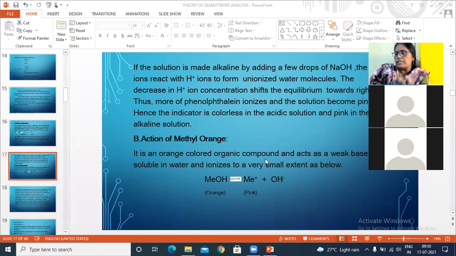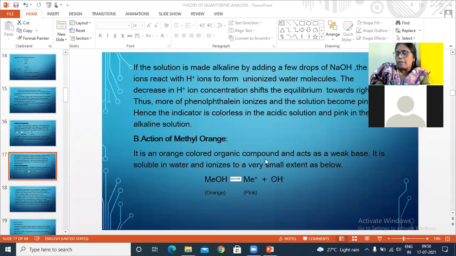It's a powder, a solid substance, which is easily soluble in water. But we have to add 1 or 2 drops of concentrated HCl, or simply add ethyl alcohol first. 2 drops of ethyl alcohol, dissolve it, and then add distilled water. Directly, it won't be completely soluble in distilled water. So we have to add 1 drop of concentrated HCl, or simply add 1 or 2 ml of ethyl alcohol. First, dissolve the substance in ethyl alcohol, then add water. That is the actual method to prepare the methyl orange indicator, which has an orange color. As a substance itself, it's orange.